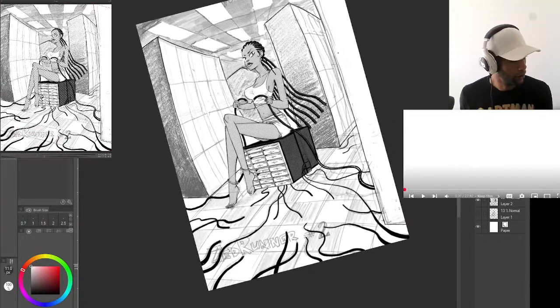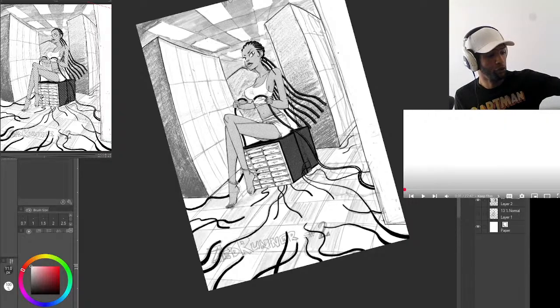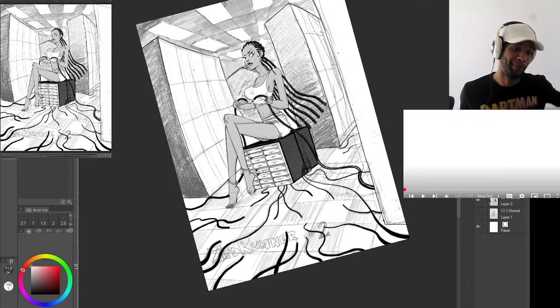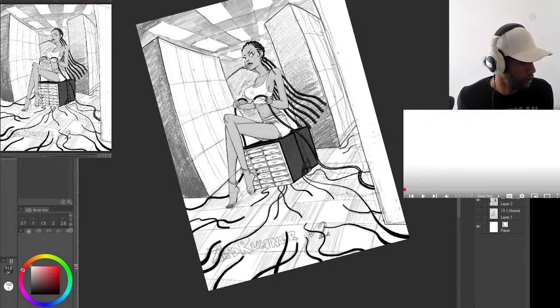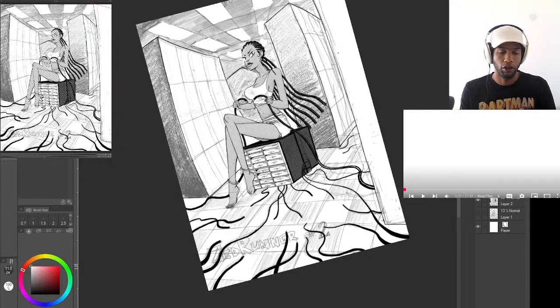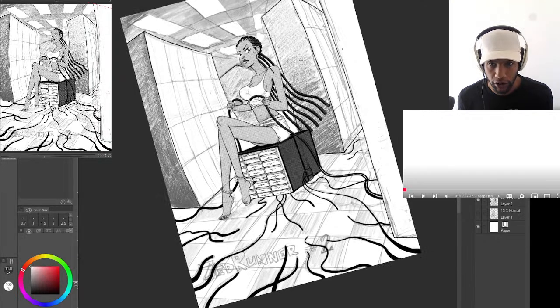Right now, I'm using this P12 tablet as a third monitor, and there's a lot of cross functionality and different ways you can use it with your desktop. But we'll talk about that after I get drawing.